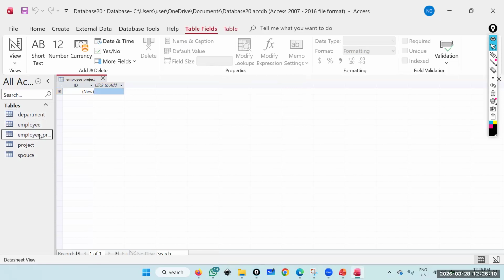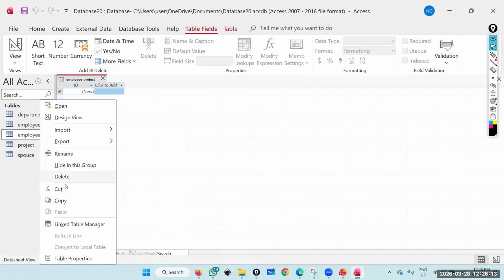Right. So this is my connecting table, employee project. So let's have